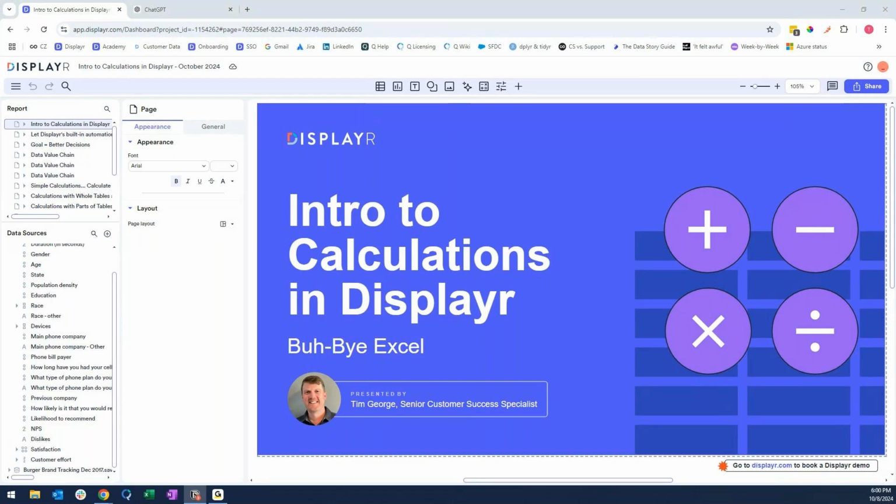You can truly calculate anything in Displayr, so you can stop using Excel and do all of your data analysis